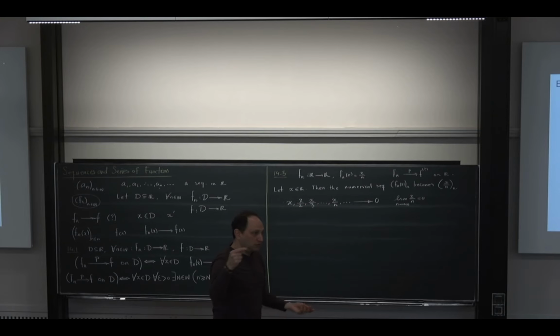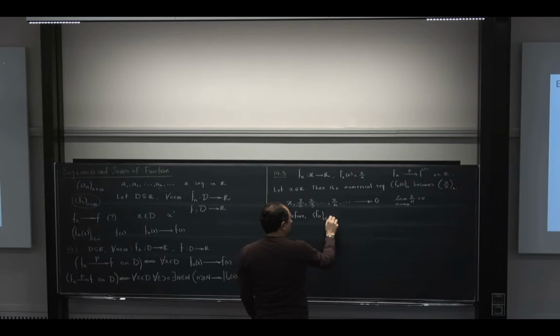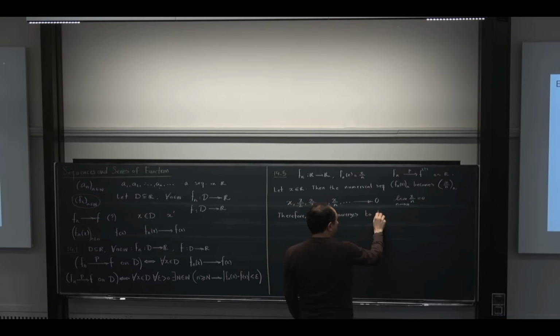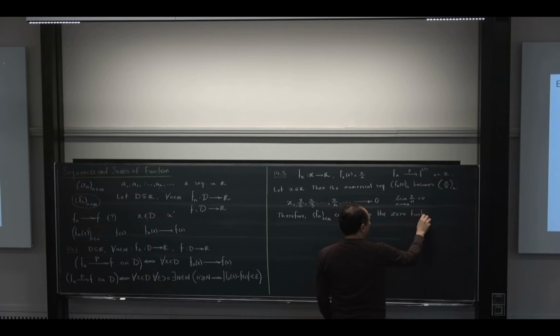A function that gives you 0 all the time. Constant function? The 0 function, or the constant function. But you have to write it precisely. Therefore, this f_n converges to the 0 function. This is important to write. If you leave it like that, it's not complete. So, to the 0 function on the domain, which is R. And this problem finishes here.